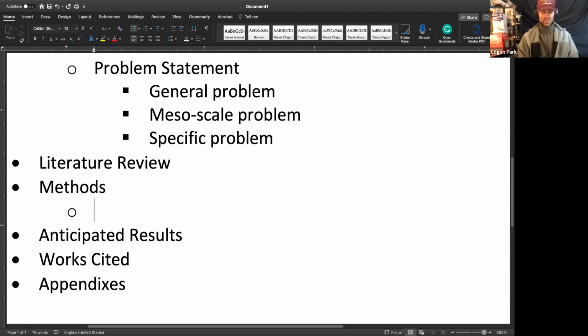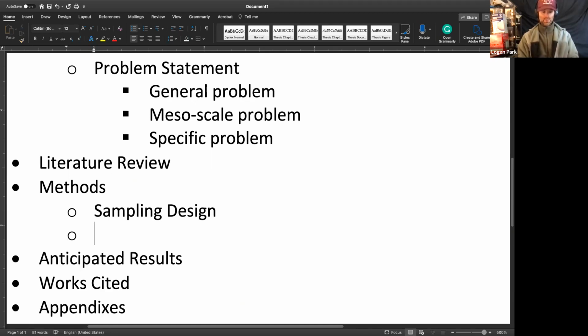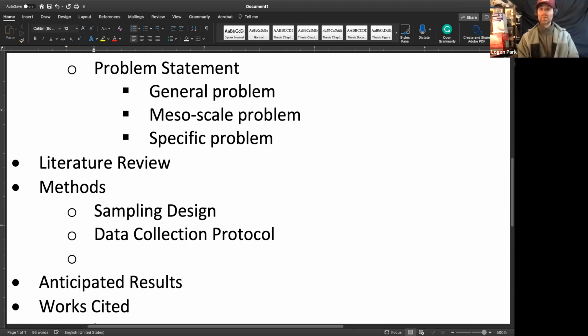The subheadings will be things like your sampling design, your data collection protocol, which is different than your sampling design, or how you're going to make this data set statistically representative, your quality control and error checking